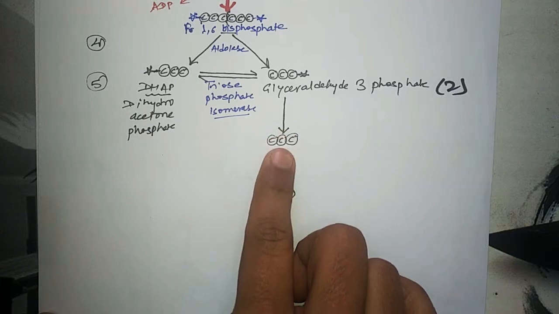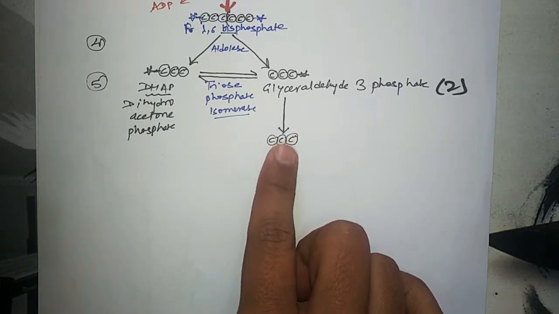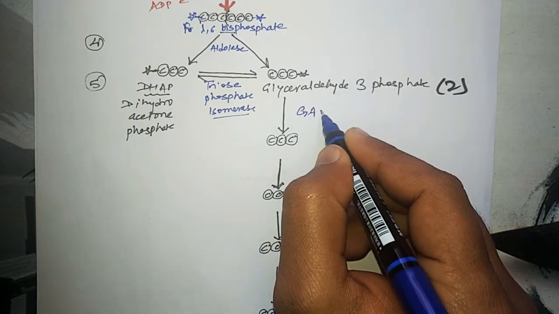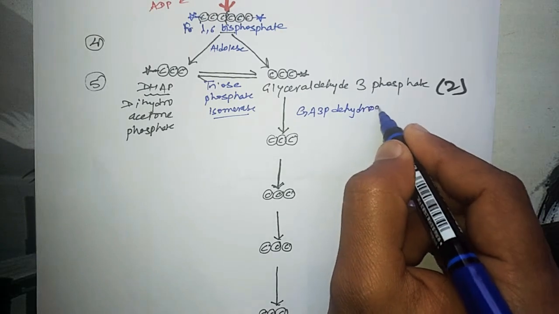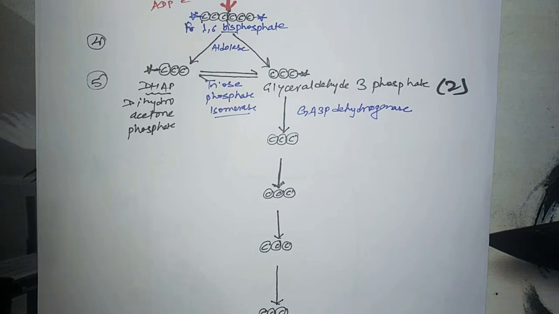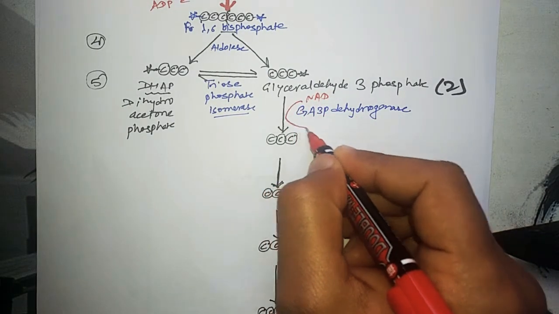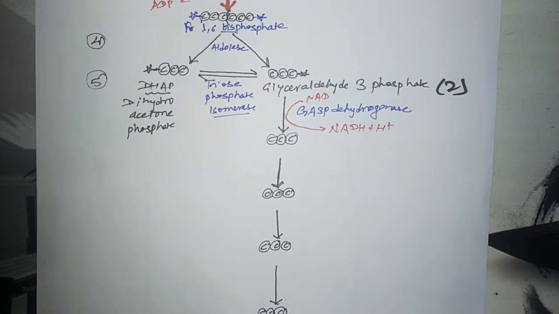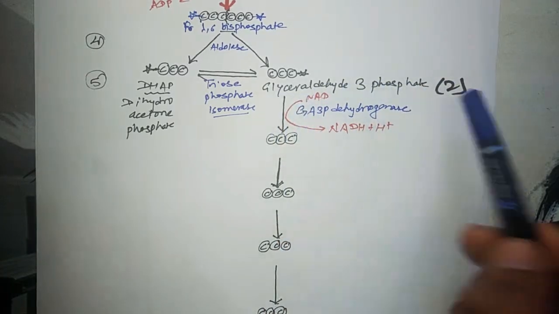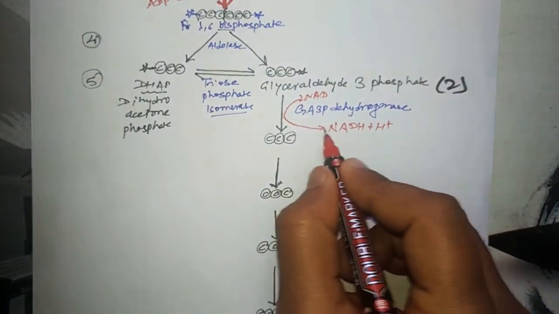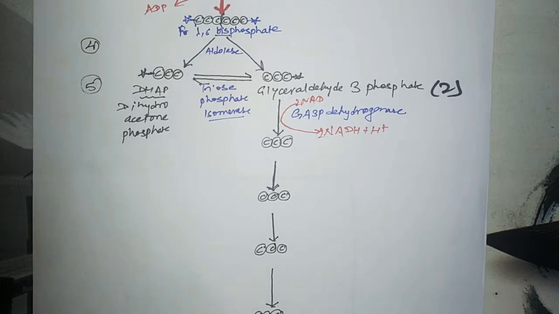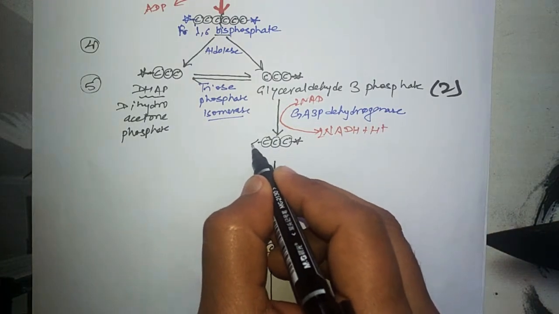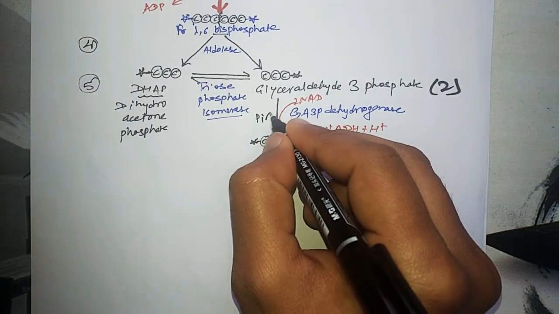Now there will be the first oxidation reduction reaction which is going to give us energy, and here the enzyme which is going to work is glyceraldehyde 3 phosphate dehydrogenase, and here one NAD is going to be taken and NADH released. As there are 2 molecules of glyceraldehyde 3 phosphate, in reality 2 NAD are converted into 2 NADH, and again one phosphate is already present on carbon number 3, but on carbon number 1 another phosphate is going to be added, and this phosphate will come from inorganic phosphate. One inorganic phosphate will be added here,